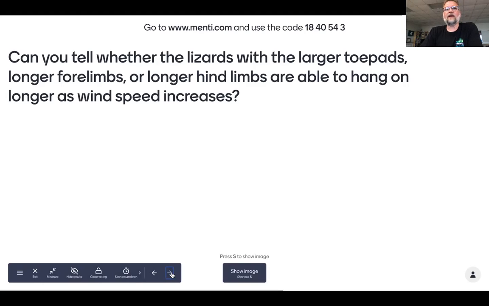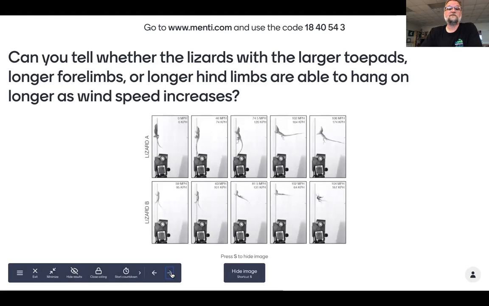And a lot of people are going to typically say, I can't see the toe pads, I can't see the bottom of the feet, so I really don't know if there's any way to assess the toe pads. It's hard to tell from the picture the size of the limbs and make comparison between limbs. There's not an easy way to measure the limbs. Those types of comments start to come up, right? And so then we